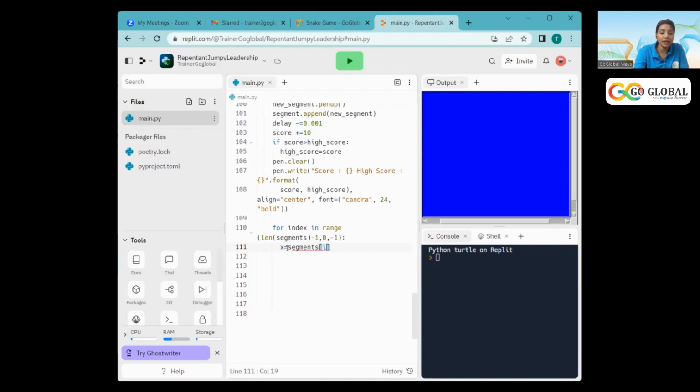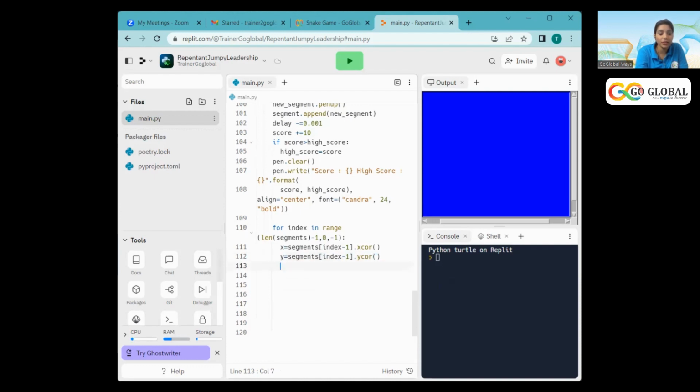Accordingly, I'm taking index -1 and then dot xcor. Then next I am taking y equals to segments, then index -1 dot ycor,